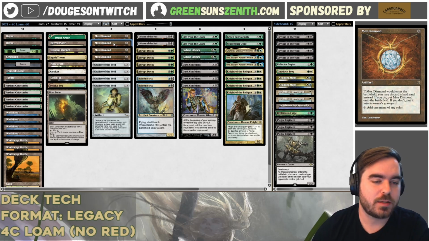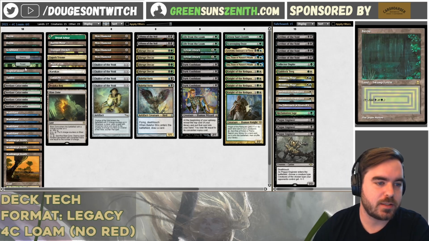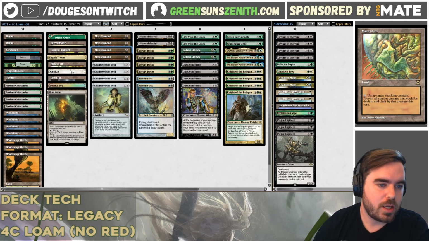I think one of the hardest things about this deck is sequencing your land drops and knowing which lands to get, because you can't always have Mox Diamond starts, and if you don't, the mana can be a little bit tough. Here we have